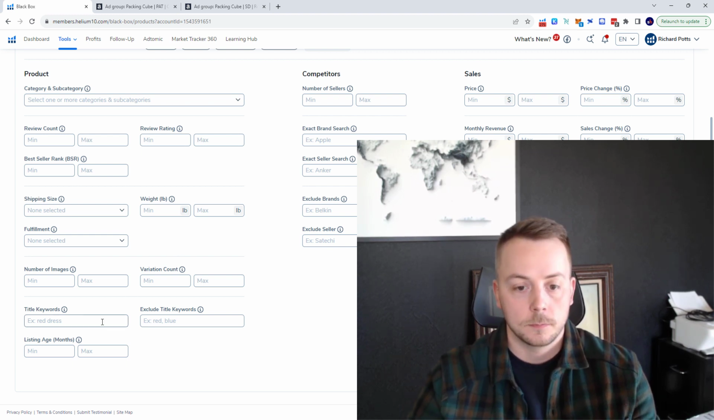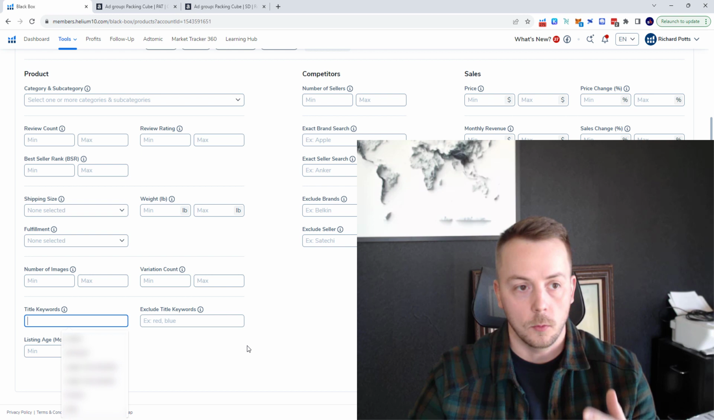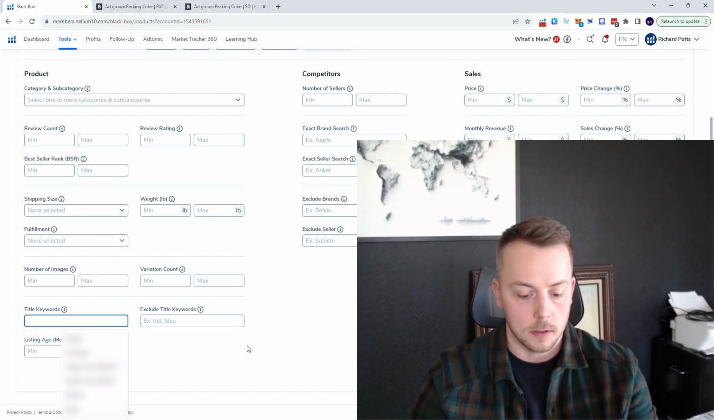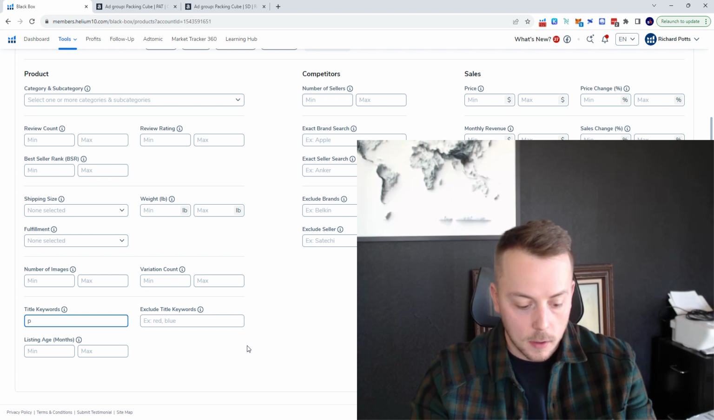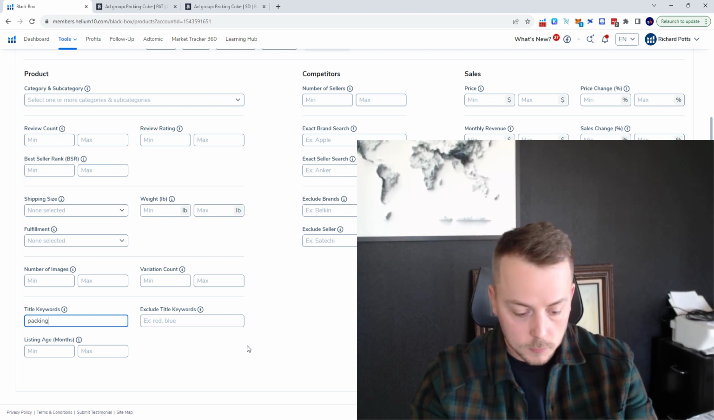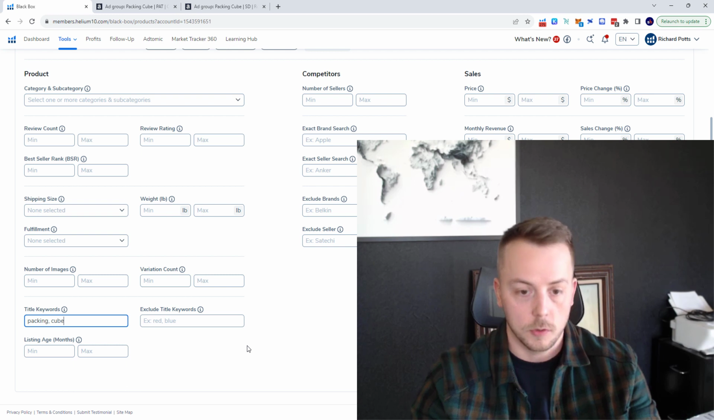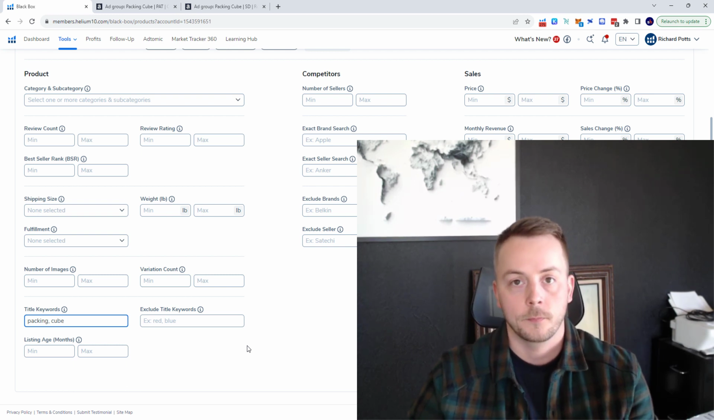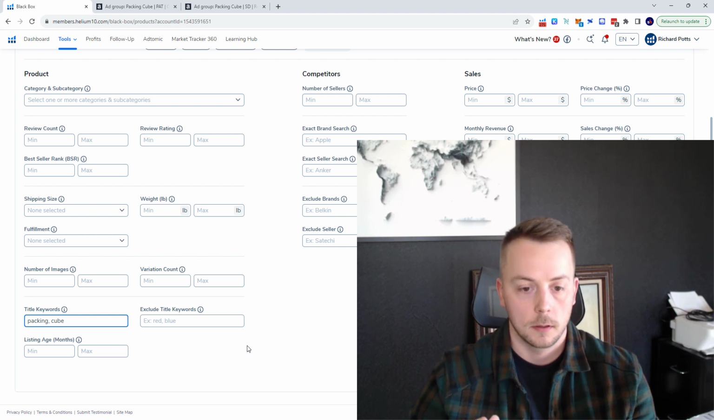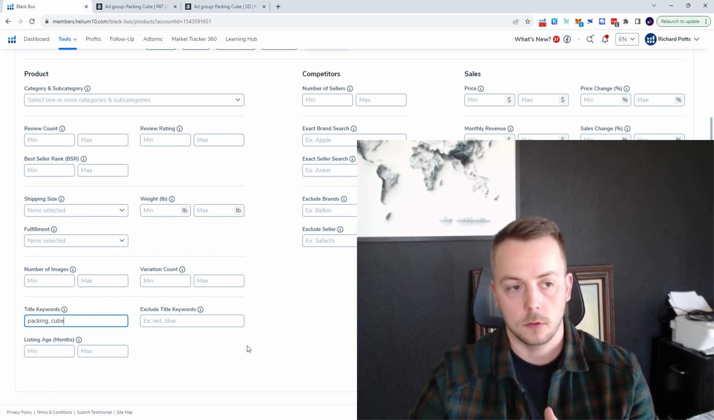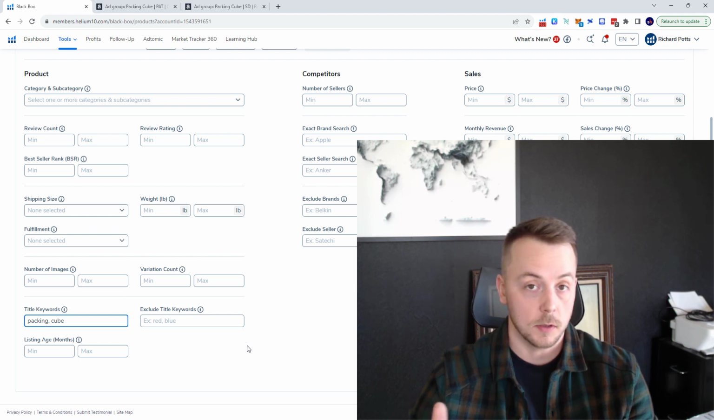So firstly, we want to look for packing cubes. The way that I tend to do this is packing, comma, cube. So it's going to look for those words in the title. You can do really descriptive terms, but I prefer to separate out single terms. Something else to be aware of is that if somebody has in their title packing cubes instead of packing cube,